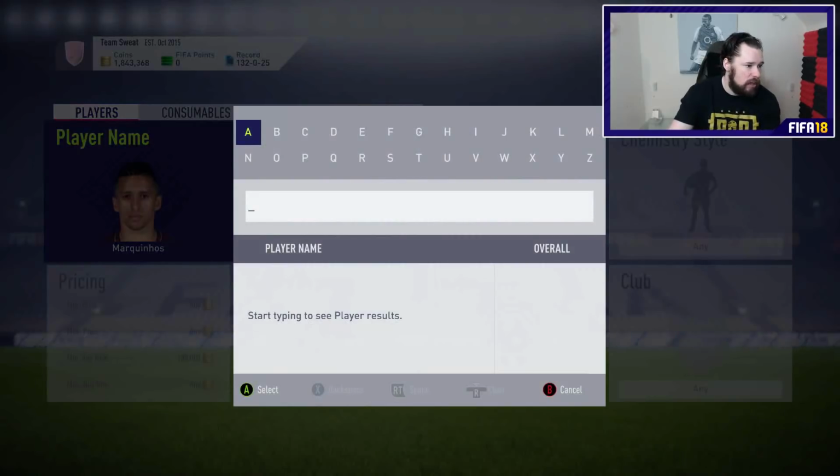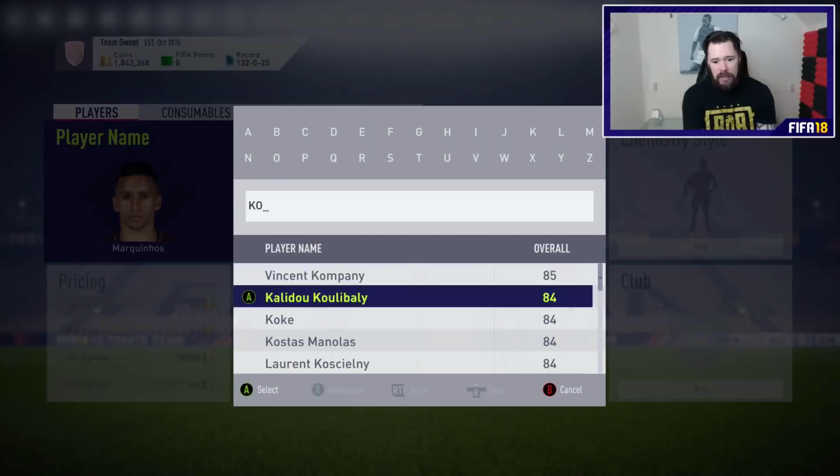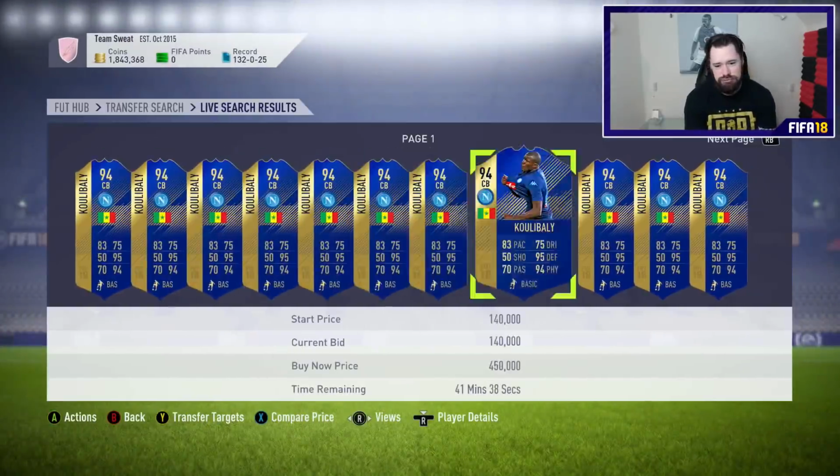So after that, we're going to go ahead and look at the Calcio A Team of the Season. So we're going to start with Koulibaly. We're going to go backwards to front this time. Koulibaly coming up first. I mean, just...